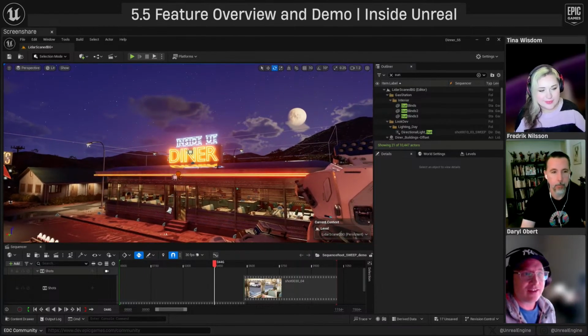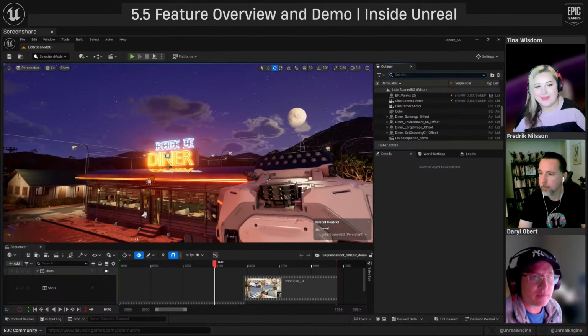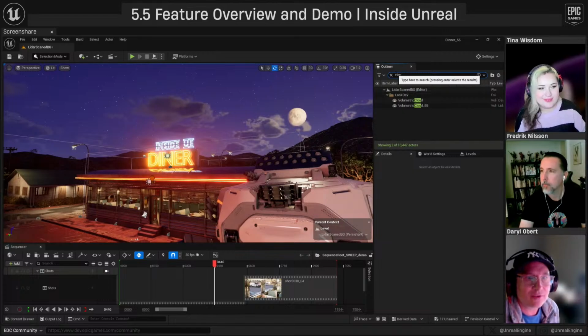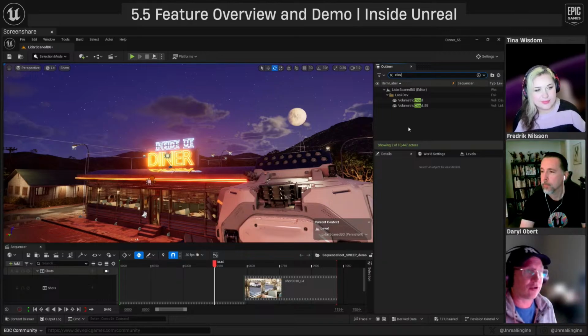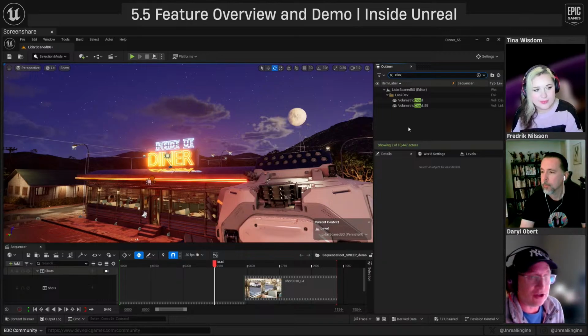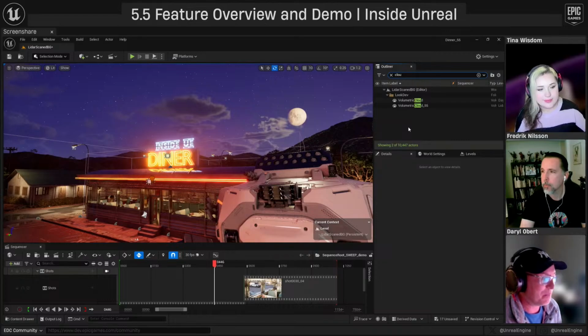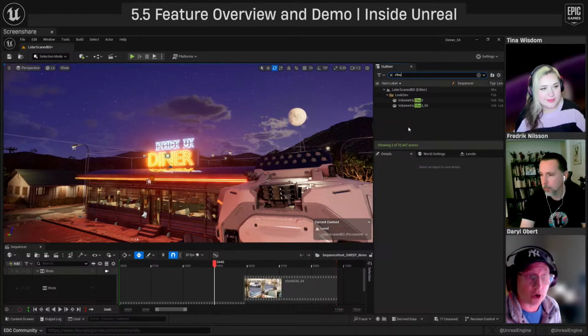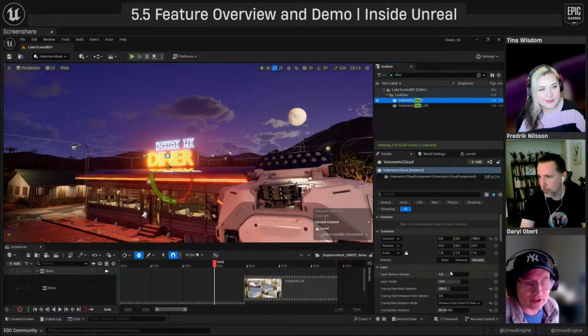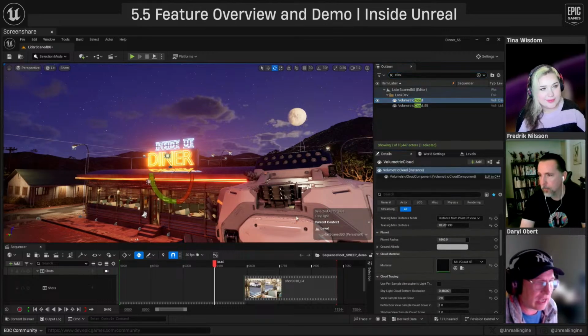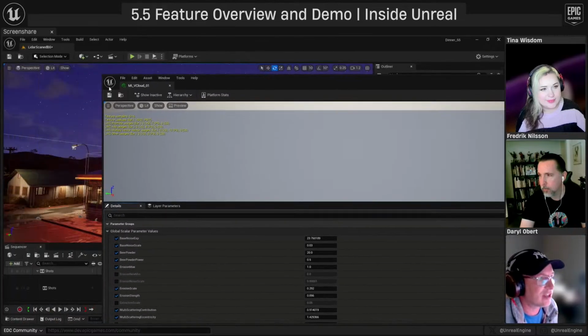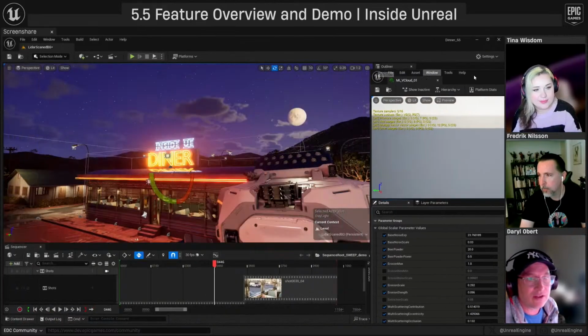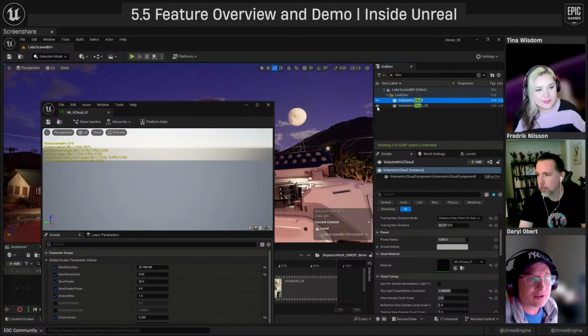Oh, the clouds. This is also something that's new in 5.5. So since we're talking about some stuff, it still works on the same idea, right? It's still our volumetric cloud model, but we have a new master material that is a bit easier to work with and tune and create your clouds. So I've got the old clouds just sitting in here, so we can bring up a material instance of that, just so you can get a sense of what they used to do. Here, turn this on, and see what they look like. Old clouds.